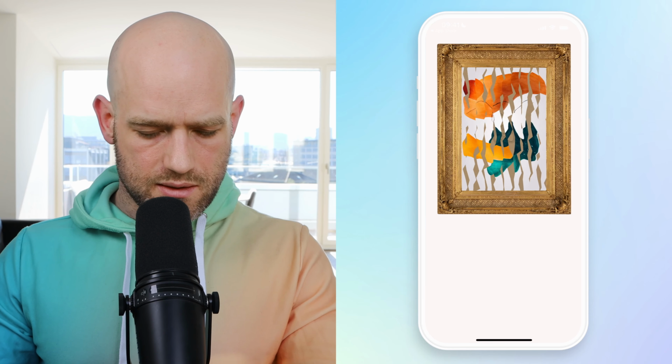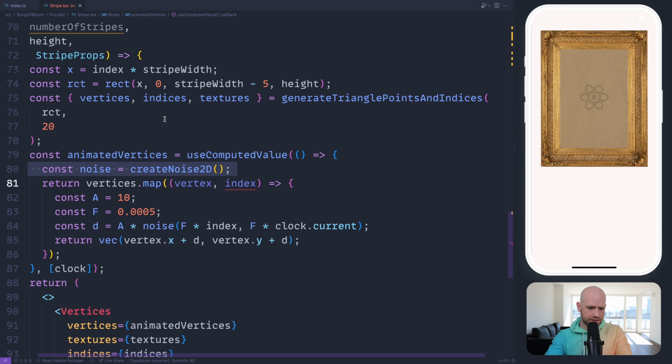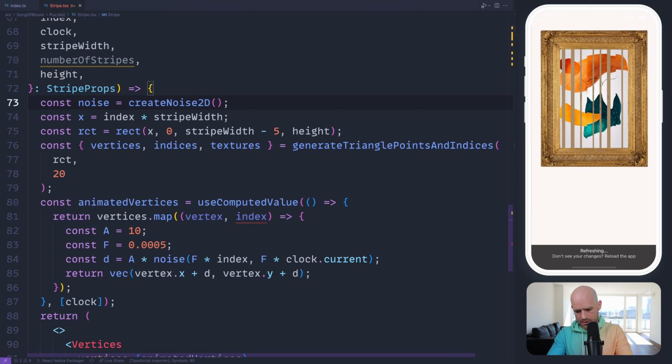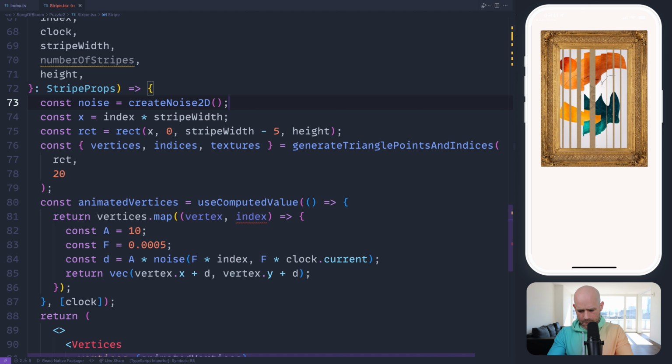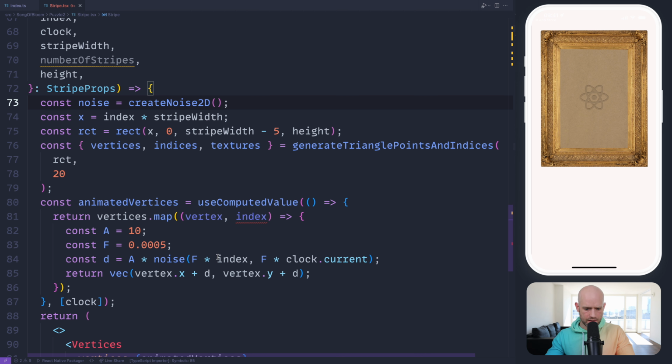So here the frequency is really high. So I think first here we create the noise every time, so I'm going to put it here outside. Let me just reload the effect. That doesn't look too good. I think we probably need some.